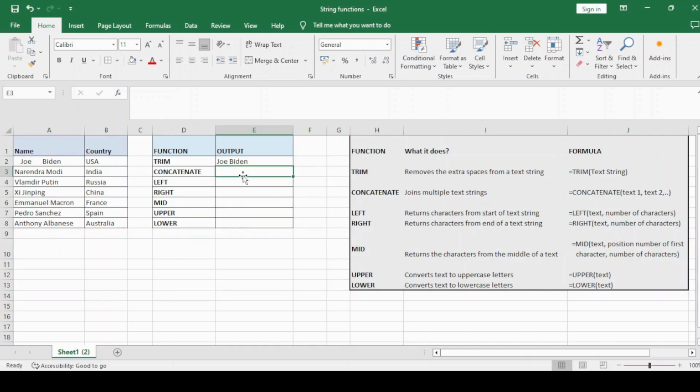The next function we'll be covering is concatenate. Concatenate is basically used when you want to combine multiple text strings into one text string. So suppose we wanted to combine these two text strings into one, then you can do that using concatenate. Just type equals concatenate,